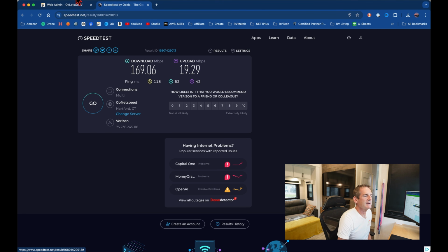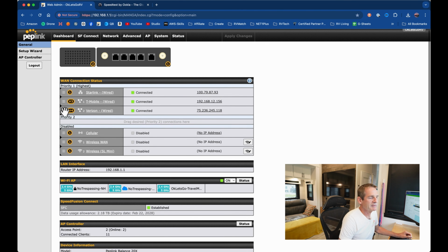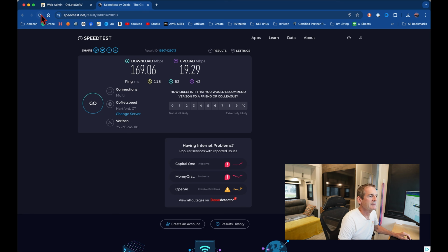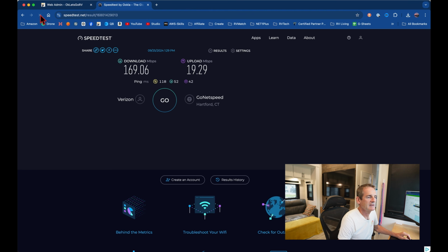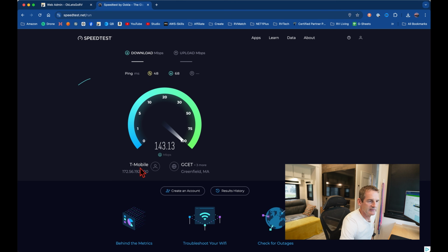So 170. So what I'm going to do is, let's make the assumption that Verizon wasn't available here, right? And we'll basically put it in disabled mode. Now I'll refresh to do another speed test. It might take a minute or two for it to figure out that I've changed carriers. So now I'm using T-Mobile. And let's see what T-Mobile comes out. That was VZ. So T-Mobile